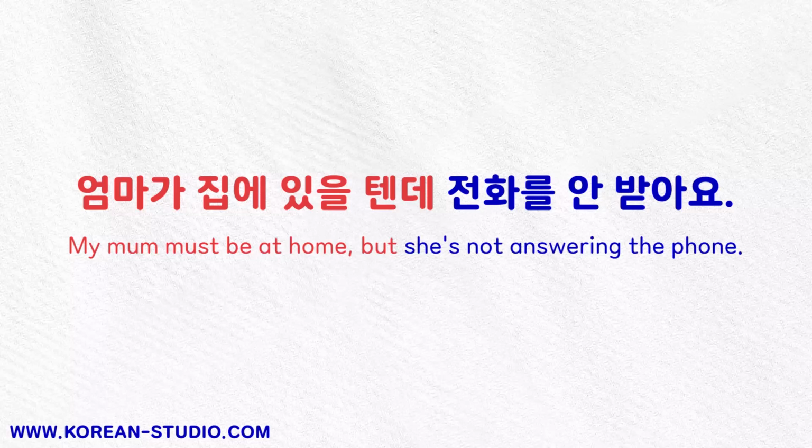Now this time, the speaker first states a strong assumption about the mother being at home in the present situation. However, the second clause contrasts this first clause because even though I believe that she's at home, she's not answering the phone. Now, at this point, we should highlight that we can add 을 텐데 to verbs and descriptive verbs. And in terms of how we add 을 텐데, if the stem ends in a vowel, then we add ㄹ 텐데. But if the stem ends in a 받침, as in a final consonant, then we would add 을 텐데.